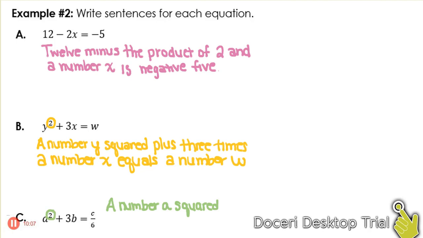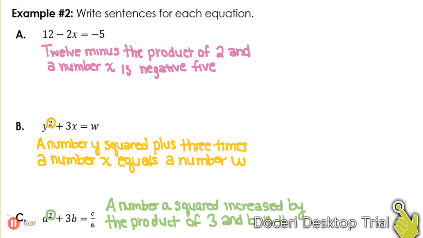Then you need, maybe let's, instead of using plus this time, let's use increased by, and it increased by the product, which means to multiply, the product of 3 and b is the same as, would mean equals,